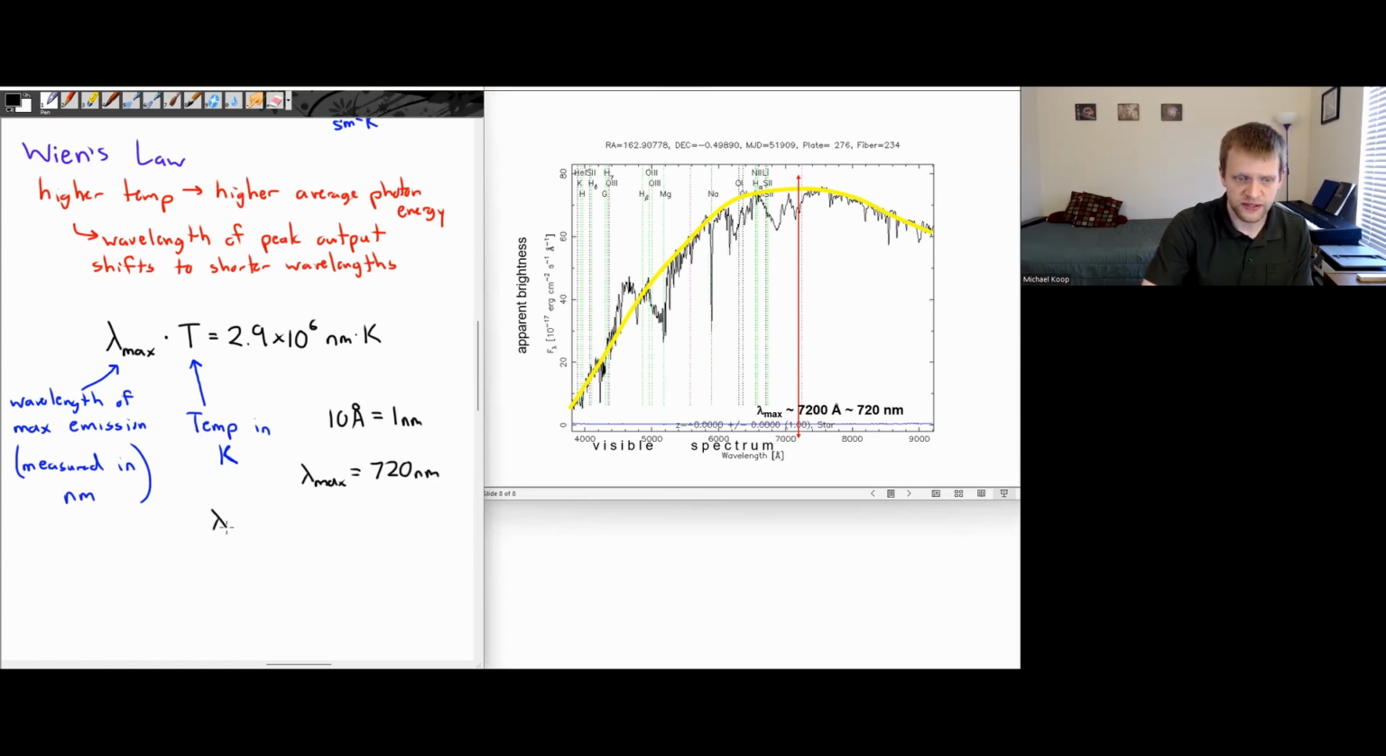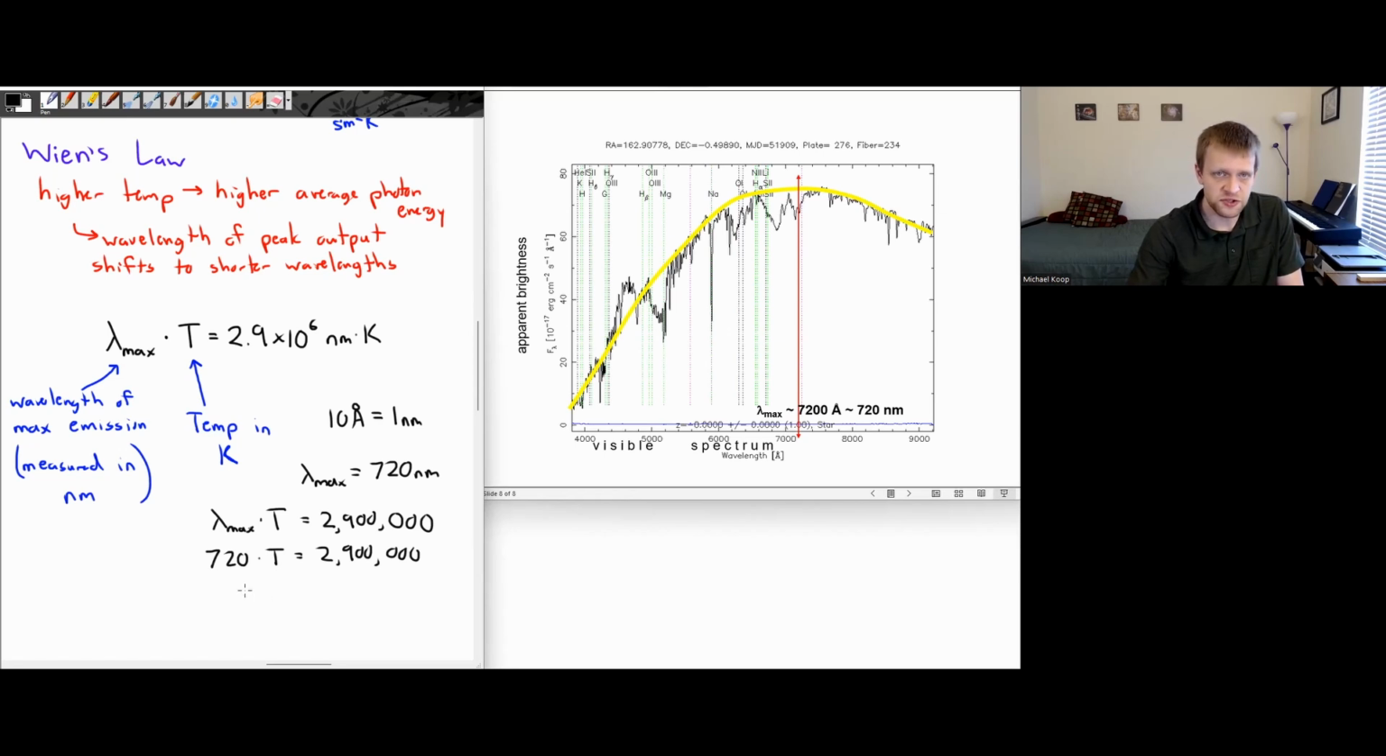And, well, let's write out Wien's law. Wavelength of max emission times temperature is 2.9 million. The wavelength of max emission in nanometers is 720, and we're trying to find out what the temperature is. So in order to solve for temperature, what would we do next? Well, divide both sides by 720. And if we plug in those numbers, 2.9 million divided by 720, when I ran through these numbers, I get a temperature of